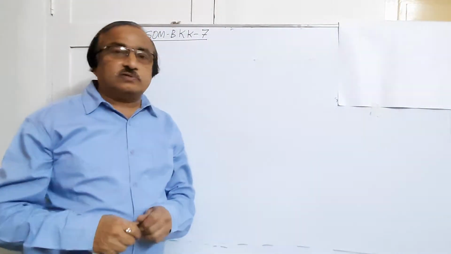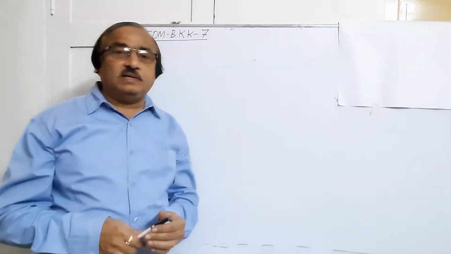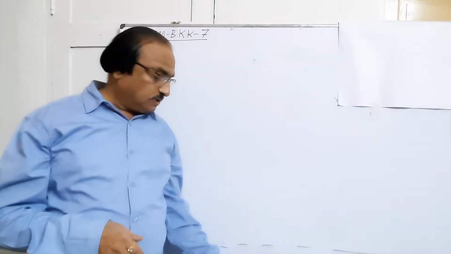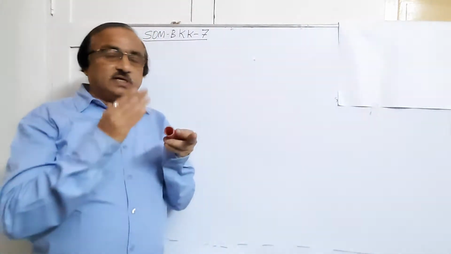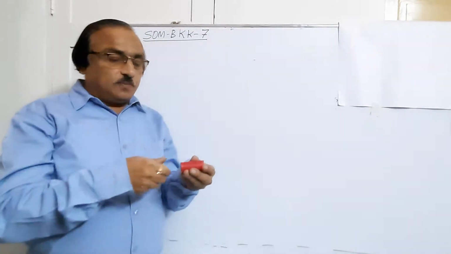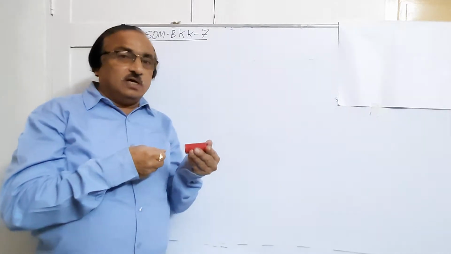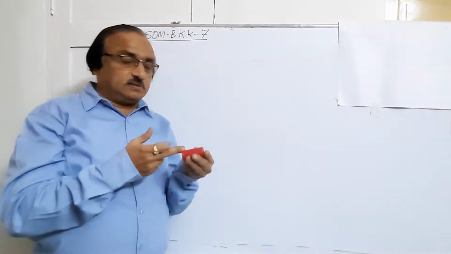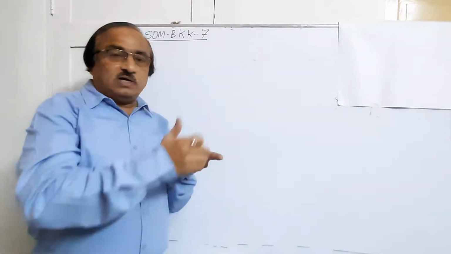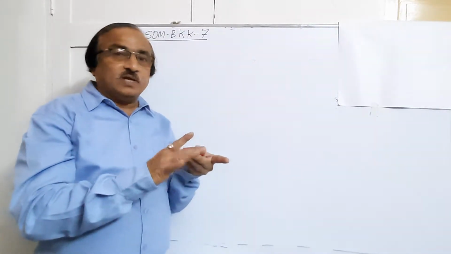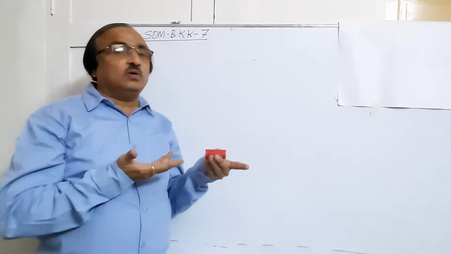Dear students, we have seen how to determine the deformation of a bar. Suppose this is a bar, its cross-sectional area is circular. Suppose if I apply pull forces on the ends, normal forces, you find it is subjected to stresses. Now here the cross-section from one end to another end is uniform, so the stress will be uniform because the load is the same.